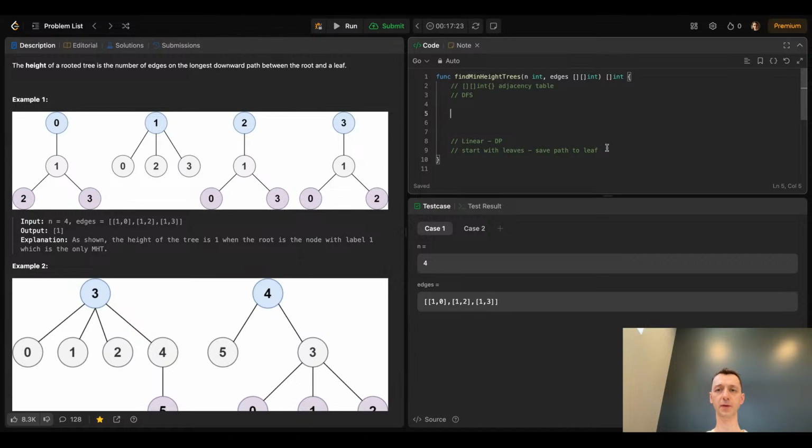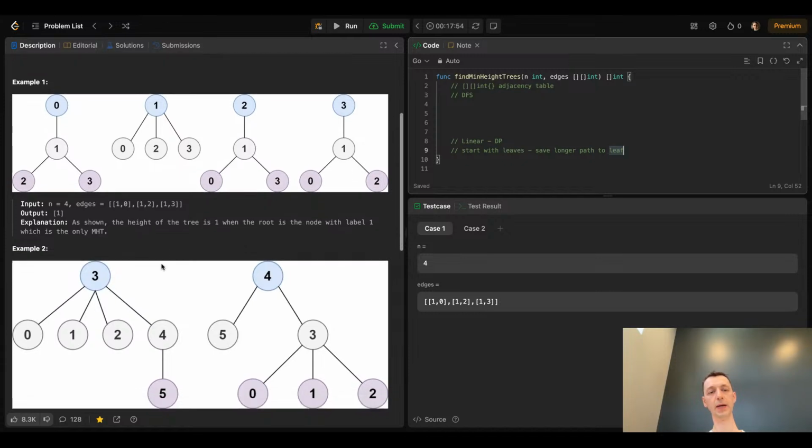If we start from leaves, save a longer path to leaf. But where I was stuck with that was, and I think I'm again going to go on the search for this linear solution instead of doing brute force. So where I was stuck with that was,